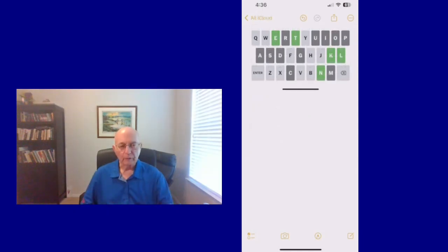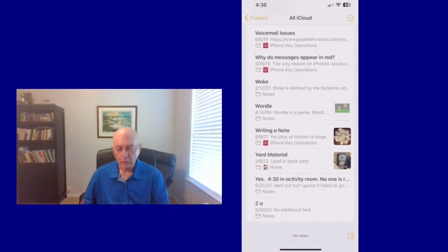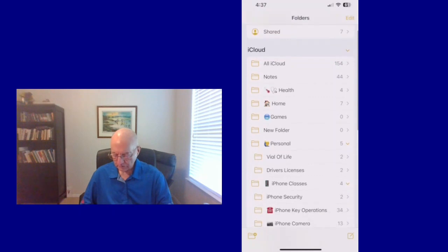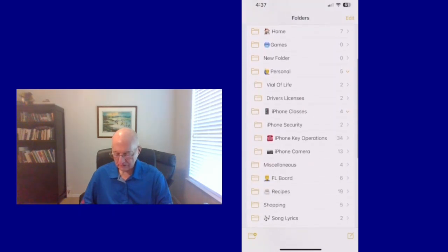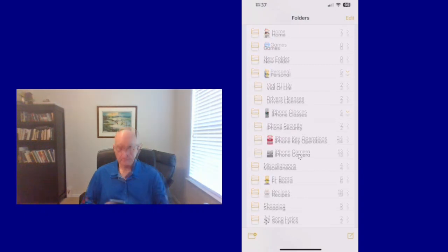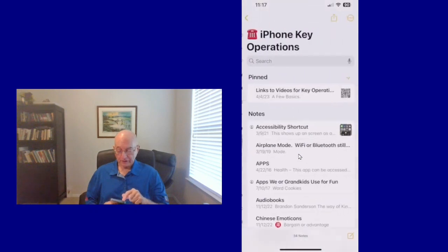Okay, from here, what I want to do is to go back, use the icon in the top left where it says all icon. I'm going to go back to that. I'm going to then go one step further back to folders. And under folders, I'm going to go down a little ways until you can see some of the particular folders that I have here. I'm going to just open iPhone key operations by touching on it, and then you can see that it has my notes